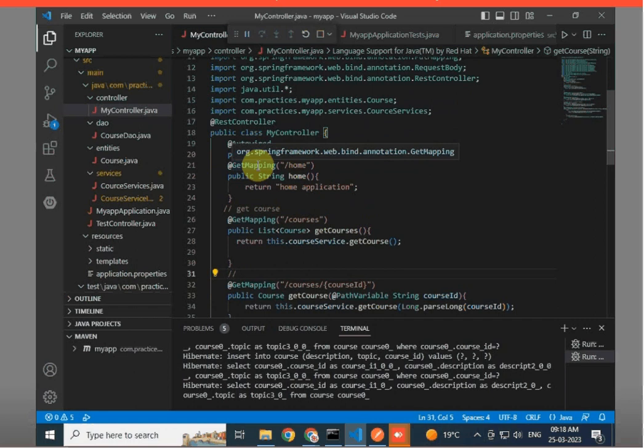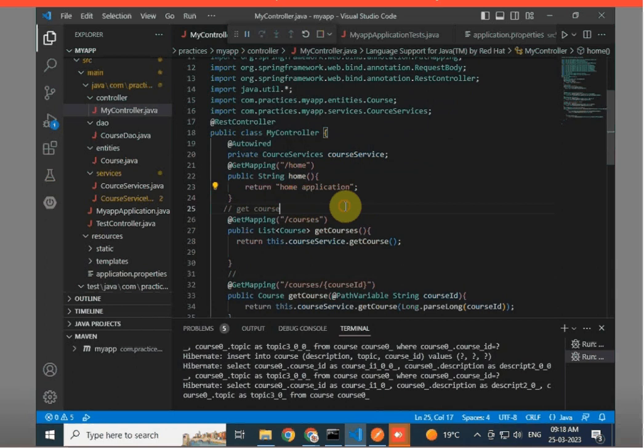The home method handles the GET request to /home and simply returns a string message, home application. Next method is the getCourses method. It handles the GET request to /courses and returns a list of courses from the service layer.